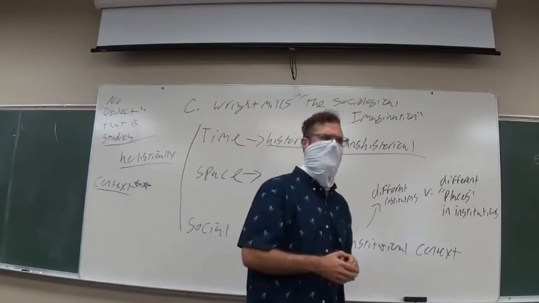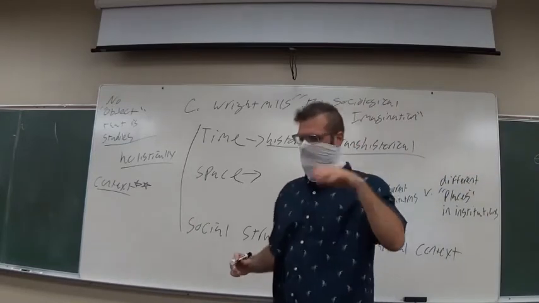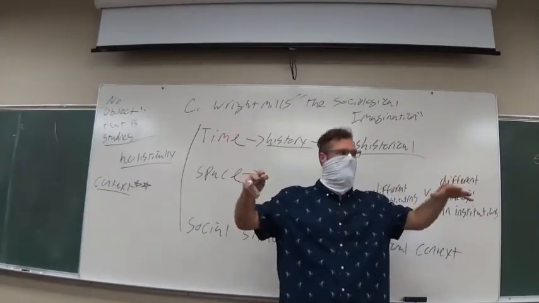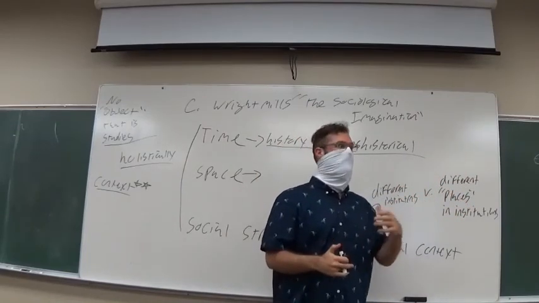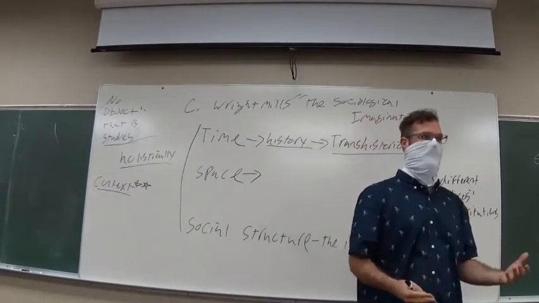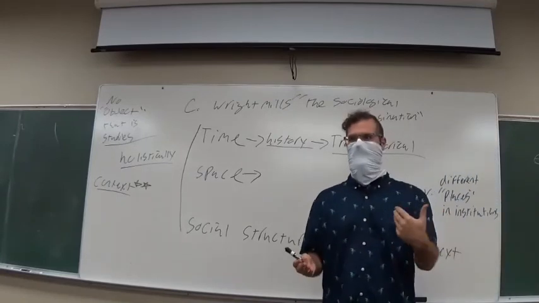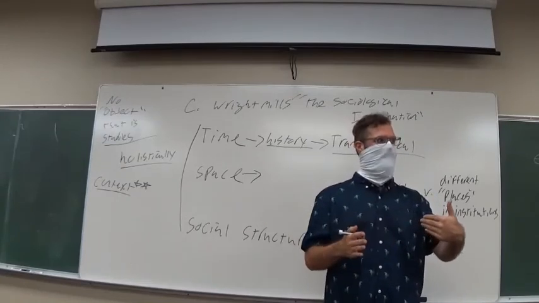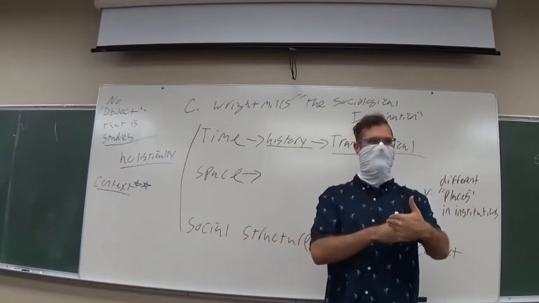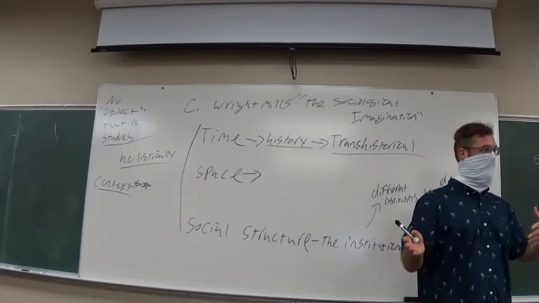Can anybody think of other things that might be institutions? A country. Yeah, we all exist within governments. We'll get into that probably later. Those governments provide very different contexts for our lives, depending on the rules that they set. Life here is very different from life in Canada. I grew up near the border, and Canada is where 18-year-olds would go to drink because it was legal there. High schoolers would just drive across the border. Very different institutional contexts in which you live from one to the other.